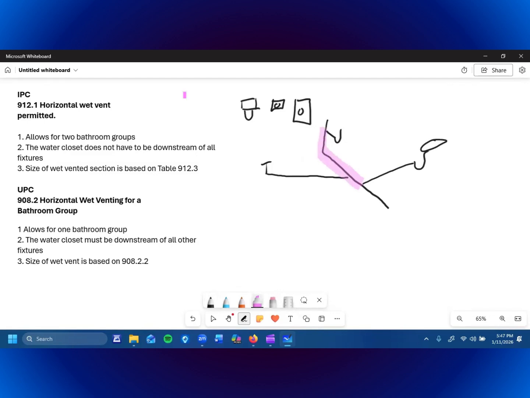Now here's the only issue with putting a shower drain downstream of a water closet. When you have a water closet, you're dumping a large volume of water and waste all at one time. And if this distance here is minimal, we'll say it's 4 inches, which is the minimum distance it can be before it manages to hit its trap. If it's 4 inches, you run the risk of having that volume come through, especially if this water closet is tied directly to it, like you have a Y,